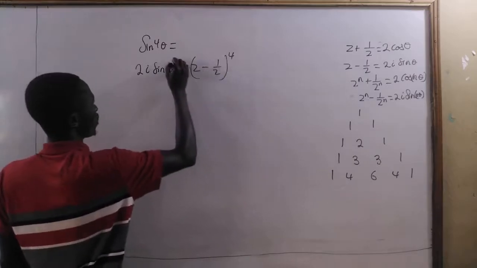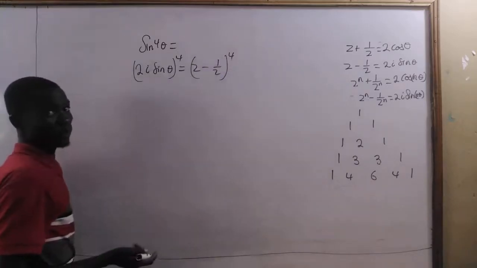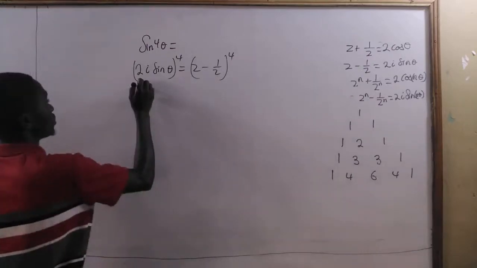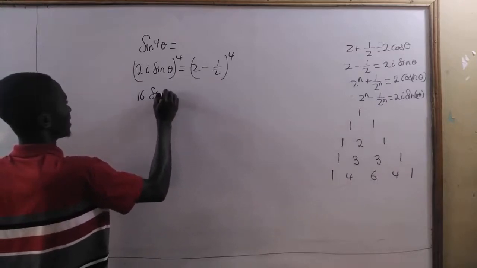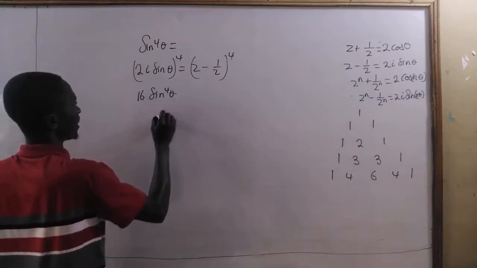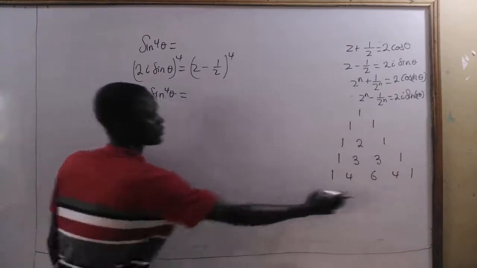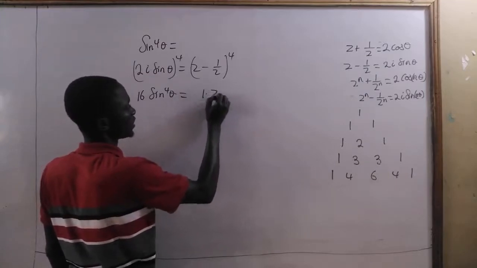You put this to the power 4, put this to the power 4. And what is i to the power 4? I think it is positive 1. So that one will be 16 times sine to the power 4 of theta equal to, here you make use of the Pascal triangle. You have 1 times z to the power 4